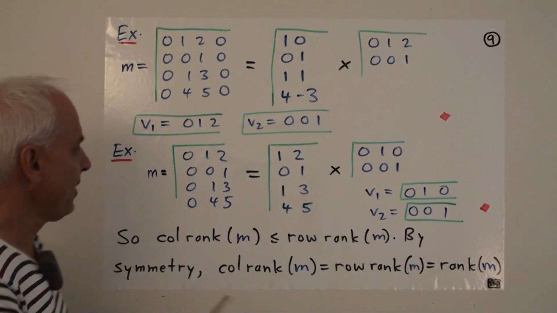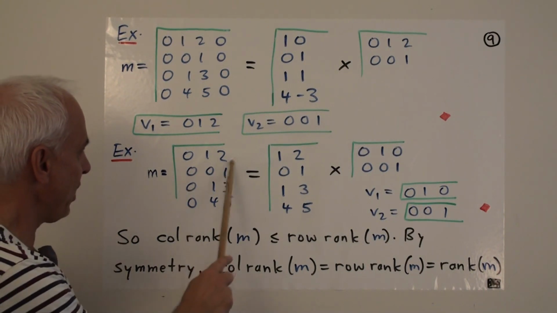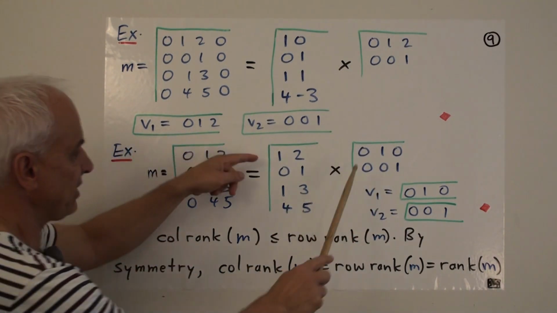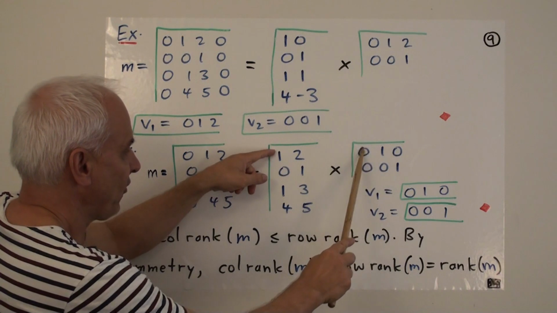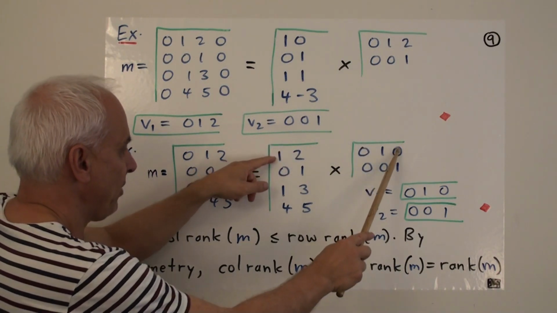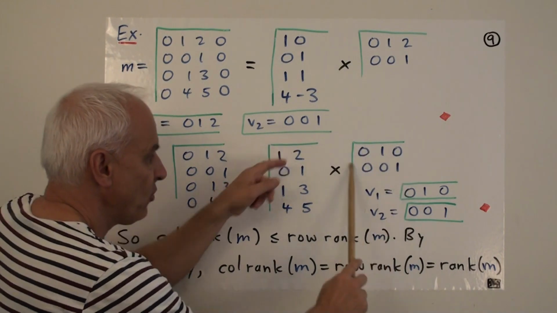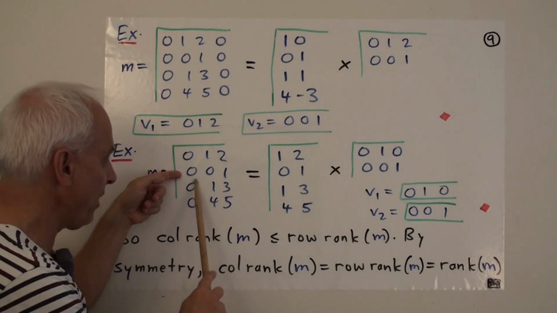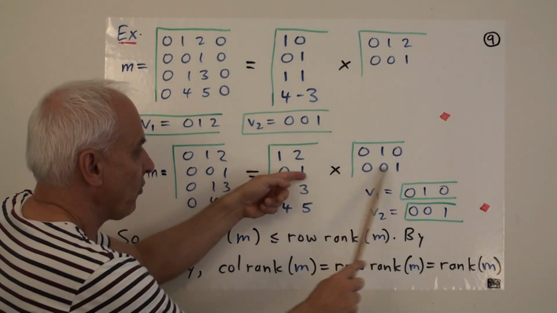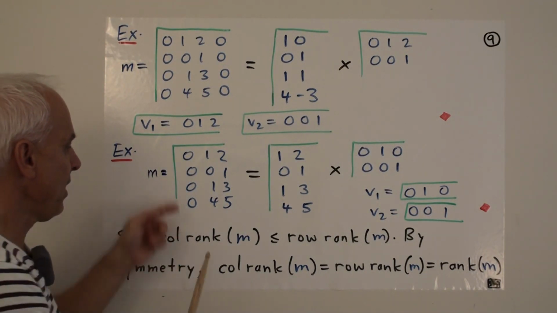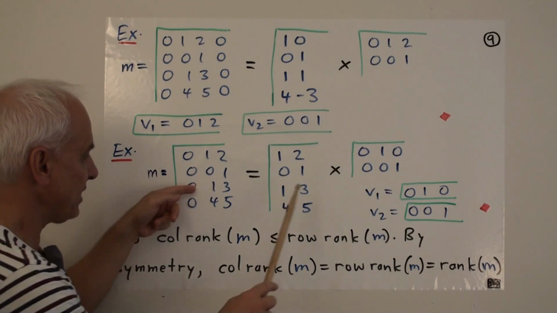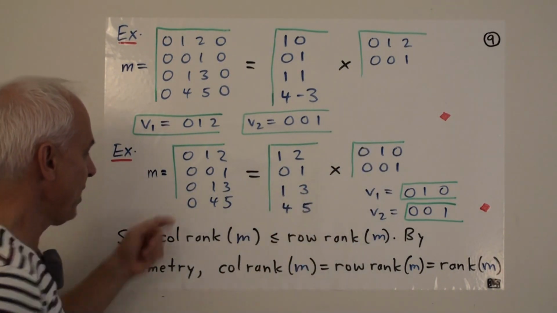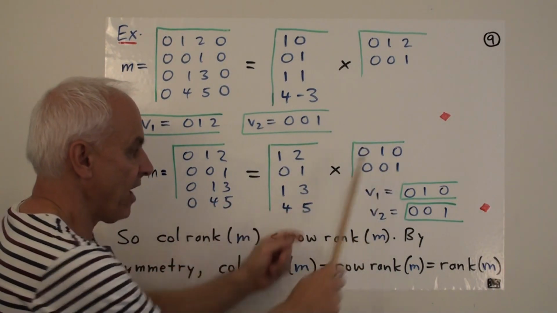So let's check that. So the way the multiplication works, this row here is 1 times this row plus 2 times that row. We express that with the 1 and the 2 here. So 1 times this plus 2 times that. We're taking 1 times this row plus 2 times this row to give us that one. At the second row level, this 0, 0, 1 is 0 times this row plus 1 times this row. At the third row, we're getting 0, 1, 3. This is 1 times this one plus 3 times this one. It's particularly simple here because of the nature of these. And 0, 4, 5 is 4 times this one plus 5 times this one.